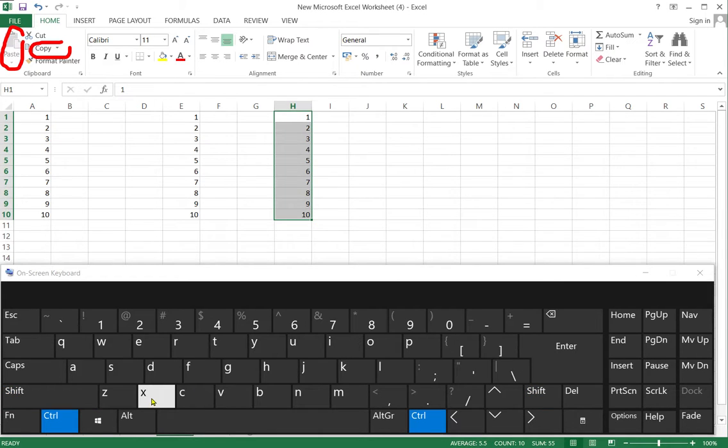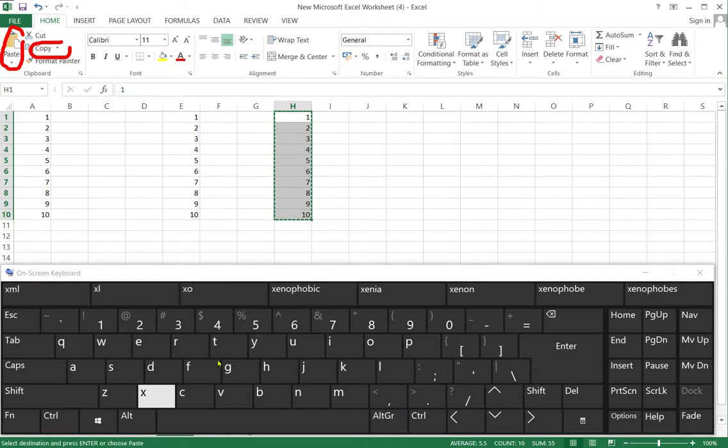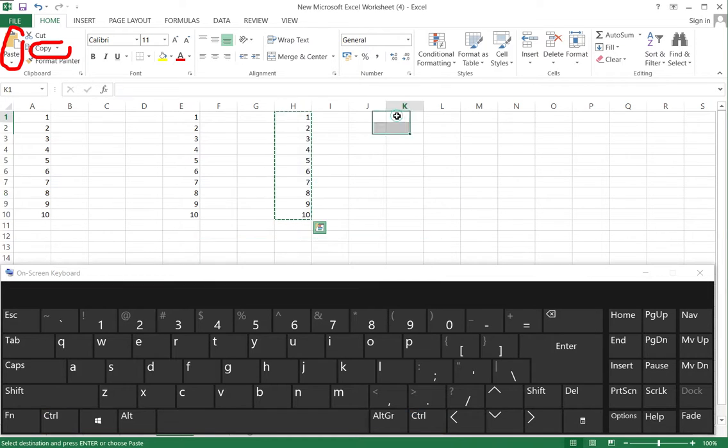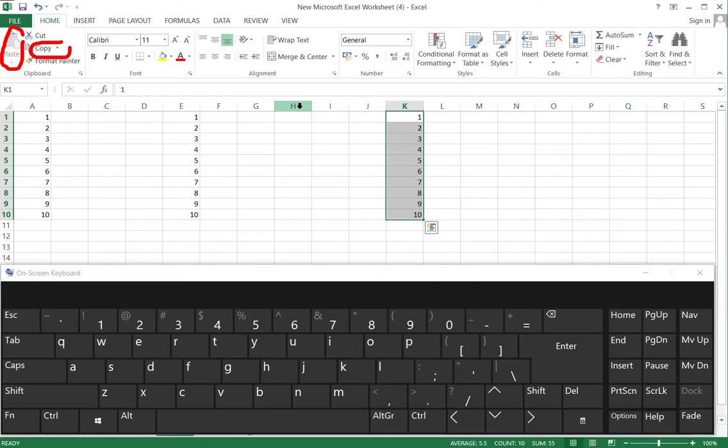The shortcut key for cut is Ctrl X, and paste it anywhere with the shortcut key Control V. So with the help of the cut command, the selected data is cut from the original place. You can also perform cut with the cut option present in the Home tab, just above the copy option here.